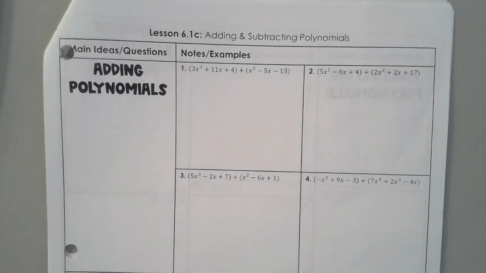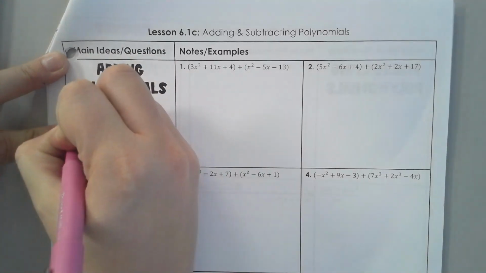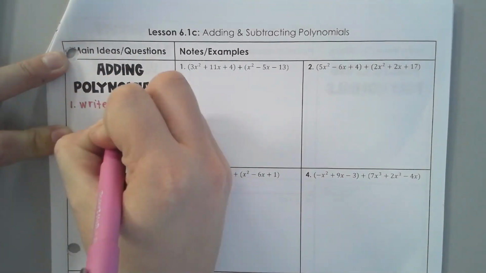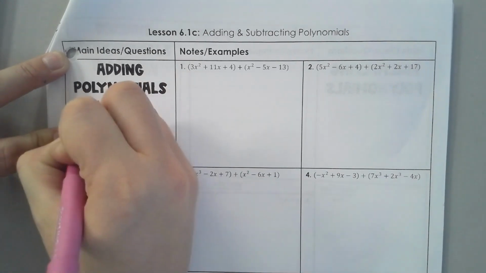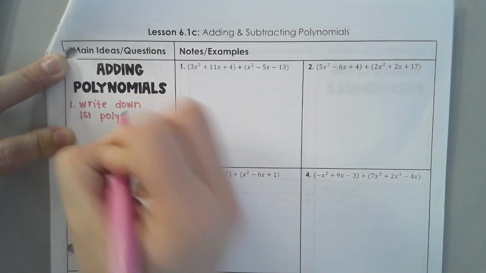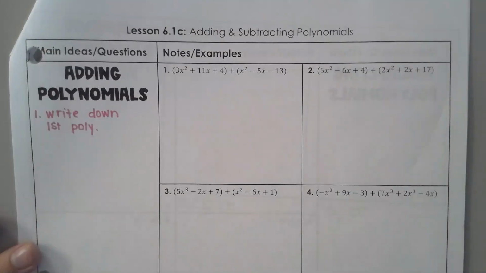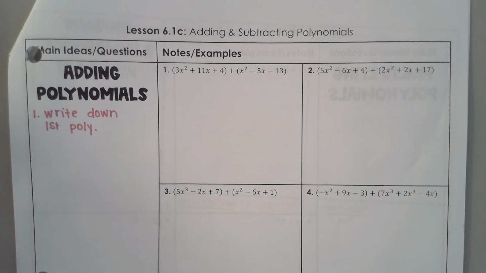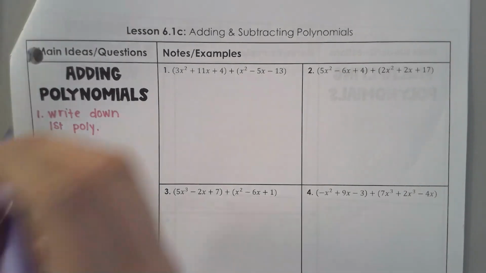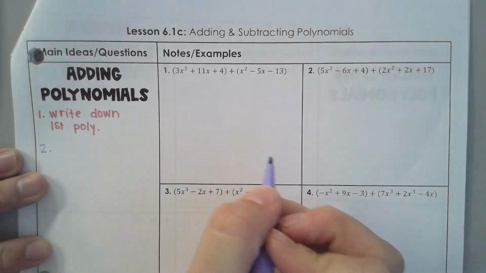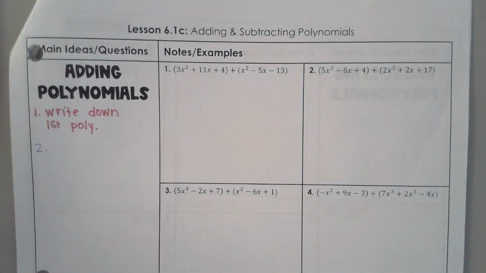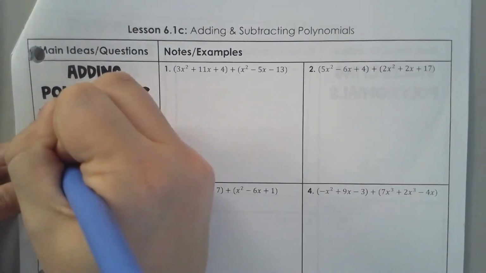So step 1, we're going to write down the first polynomial. We're going to rewrite it because normally the writing is pretty small and kind of scrunched together, and our handwriting is bigger, so we want to rewrite that. Then, after we do that, we're going to write